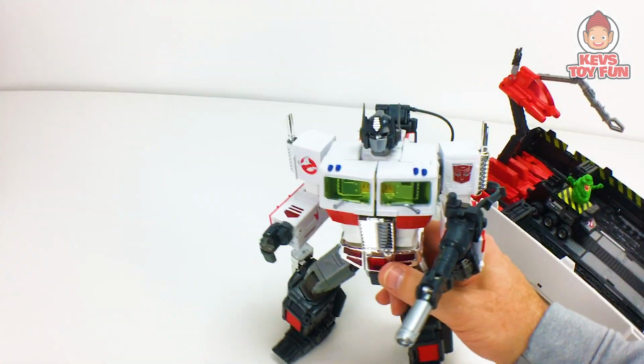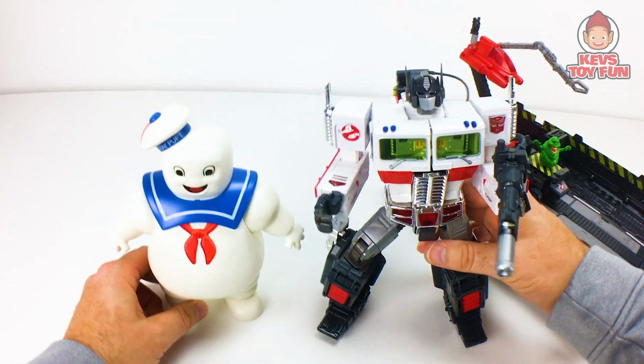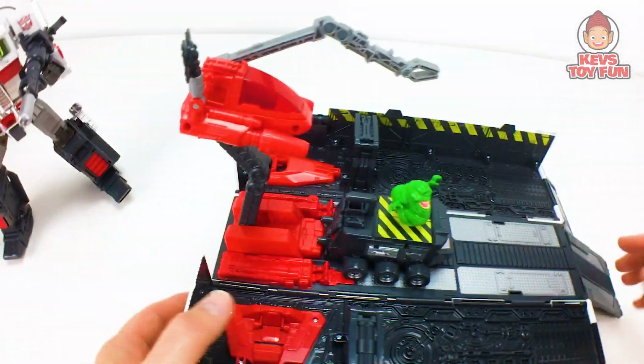And to give you some scale, here is the Stay Puft Marshmallow figure from the Playmobil, just so you can get some kind of comparison. So, which is kind of cool, pretty sweet. Okay, so then with this guy, here's the trailer,